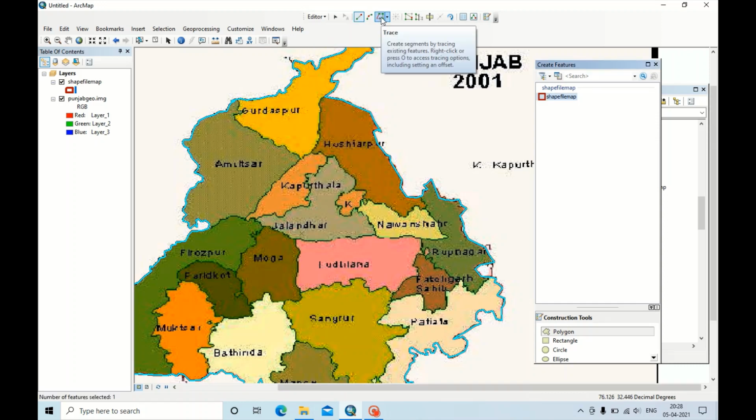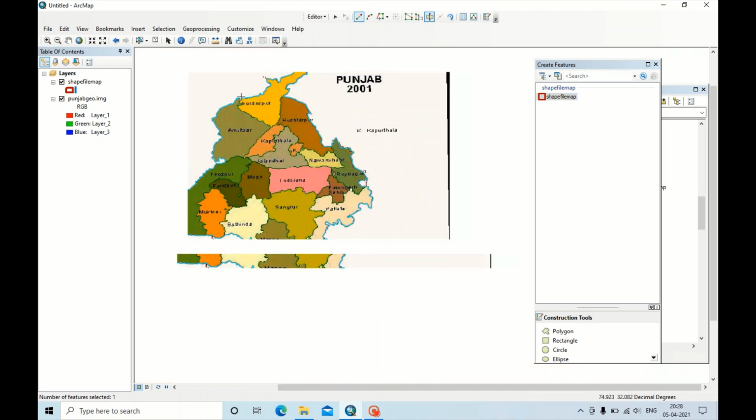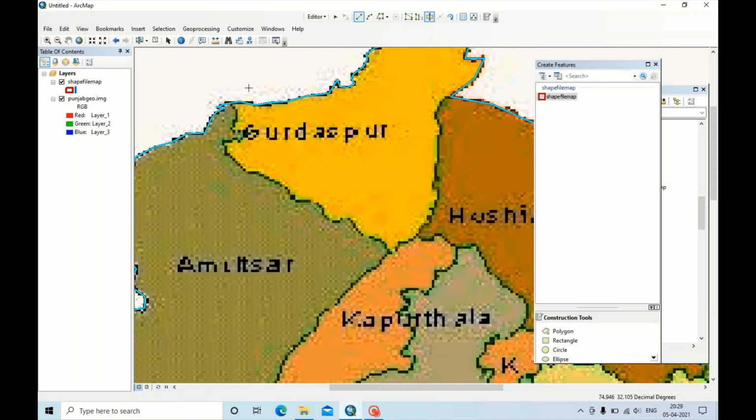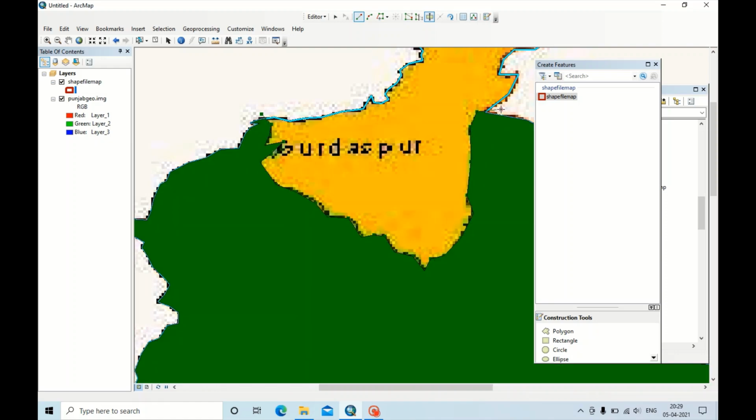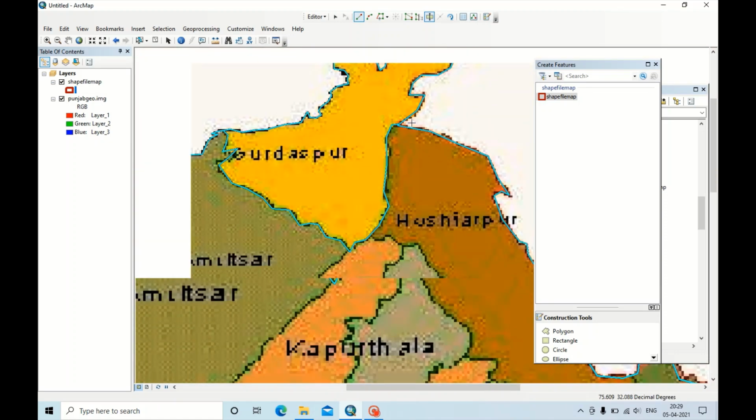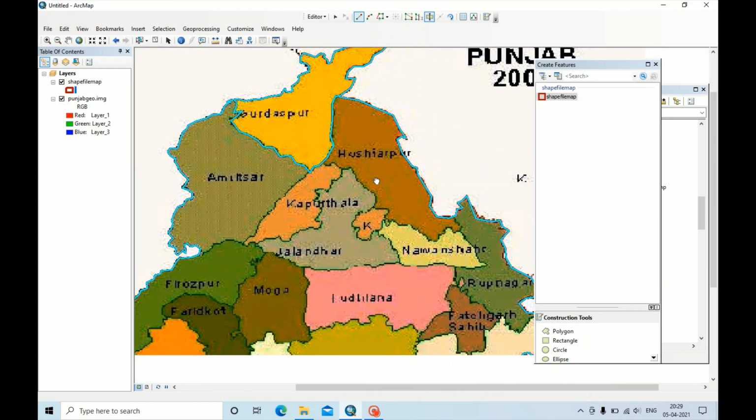Now use cut polygon tools to create these states. Now this is one state. Similarly, create the second state.